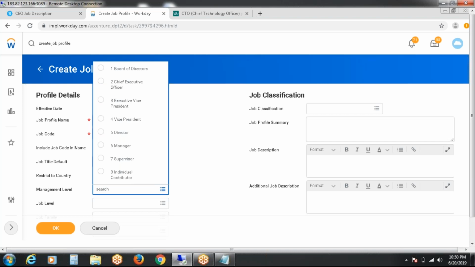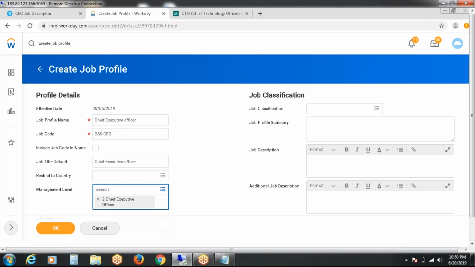Here I am going to select Chief Executive Officer. In my company, in the level 1 position, I have a group of directors. There are 3 groups of directors. In the second level, we don't have any Chief Executive Officer, so we have directly called Managing Director. He will be in the second level, and the remaining third and fourth levels follow the same.